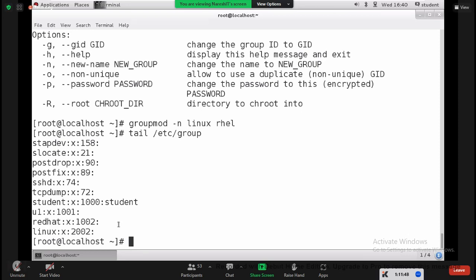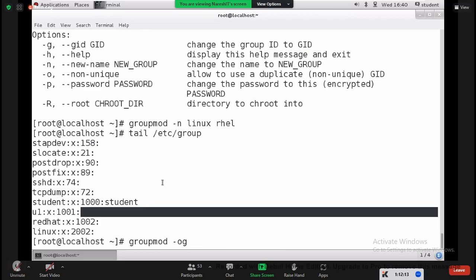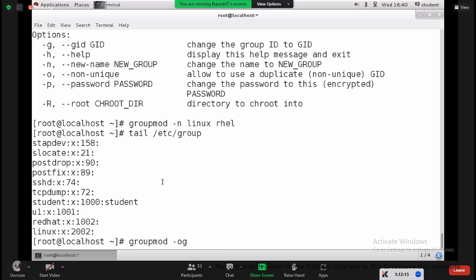Got it, guys? That is called non-unique. Means, in our layman language, we are merging both the groups. Same group ID means. So clear? groupmod is a command, -o and -g both you need to provide. -o is not enough. -o, -g both you need to provide. Right? And then